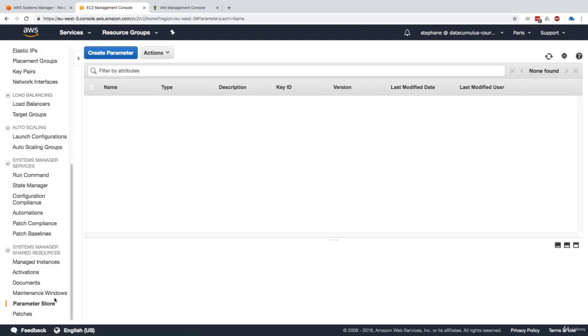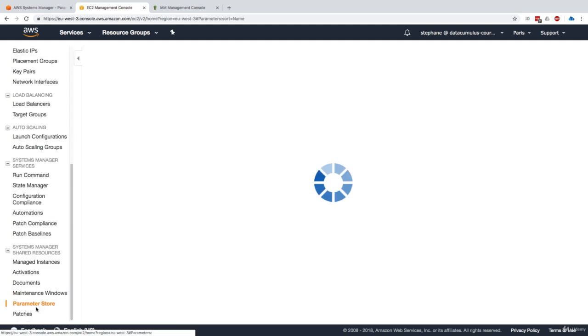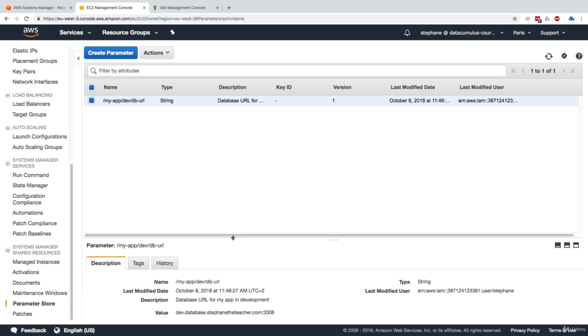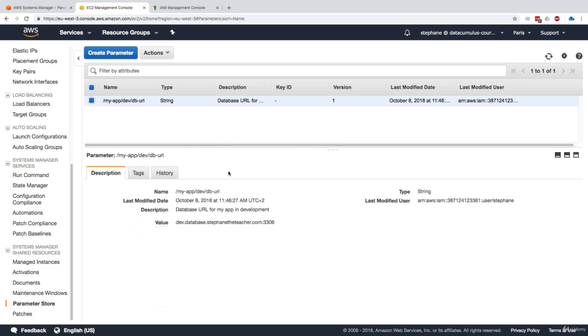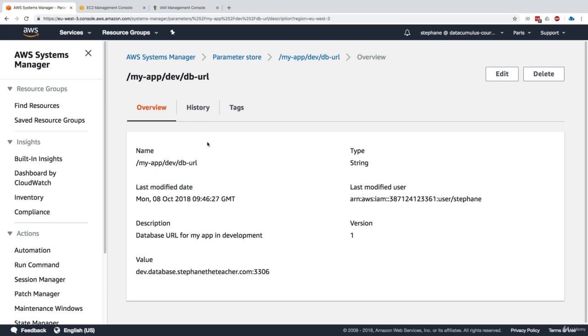Similarly, let's just click on parameter store again. So click here, parameter store. And in the EC2 URL, we see the exact same parameter, obviously, but with a slightly different UI, more EC2-like UI. So it's whatever you want, really. They have the same kind of capabilities for creating parameters. It's just whatever you prefer, okay? So let's go back to Systems Manager, and we have our DB URL.